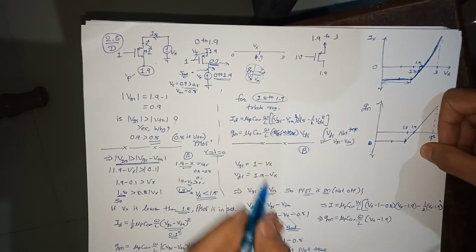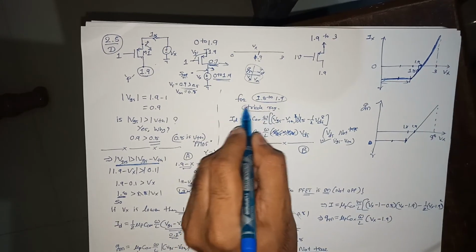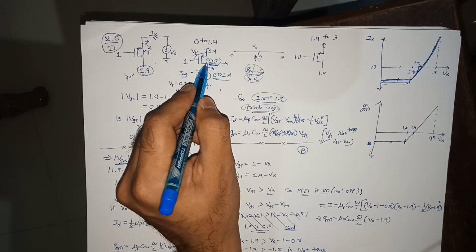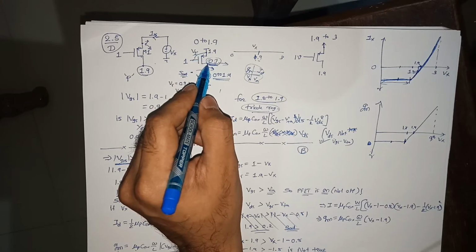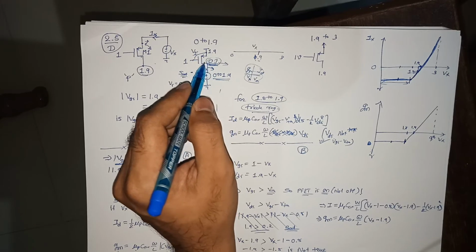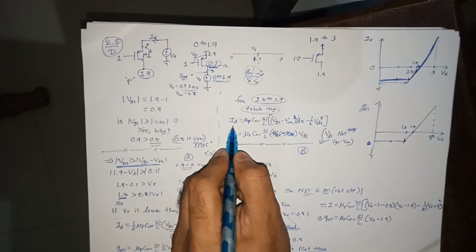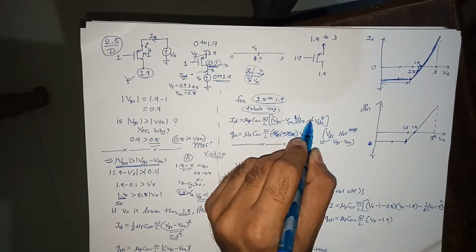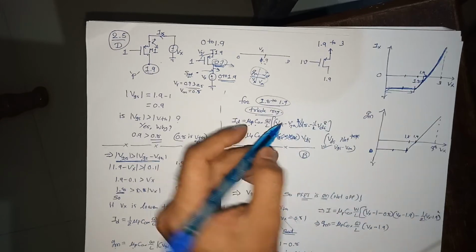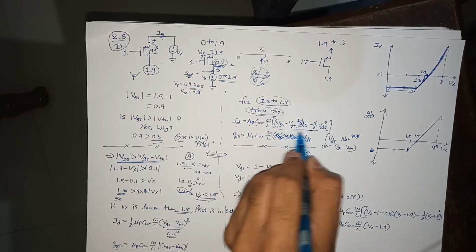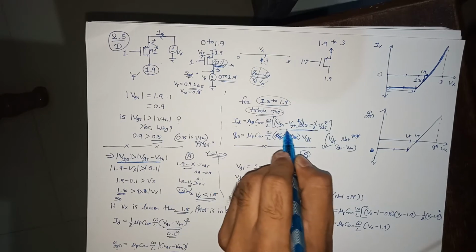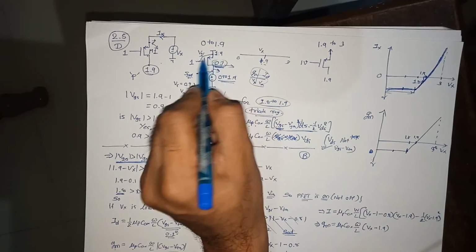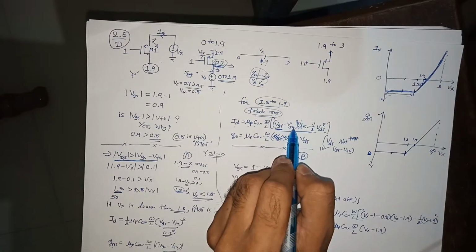Okay, so of course those will be in the triode region, because your voltage will not be the overdrive voltage, that means you will get less than that. So your equation is mu p Cox W by L (Vgs minus Vth) into Vds minus 1/2 Vds square. Here also, whenever you are putting the value, for example for Vgs, what should you put? 0.9 minus Vth, that is 0.8.